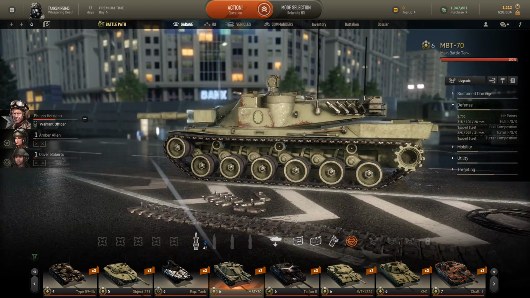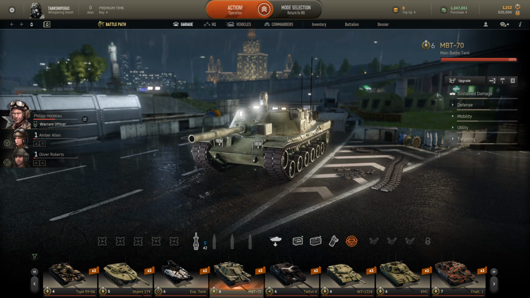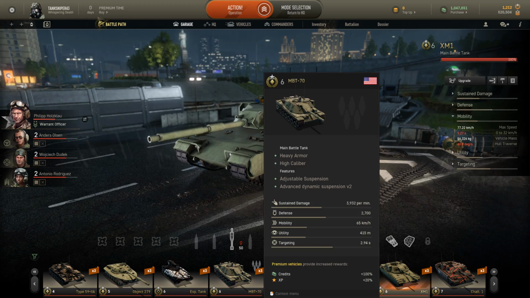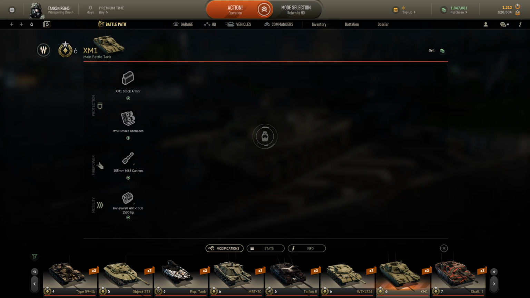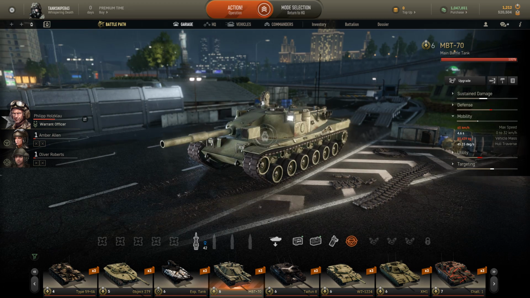It's a bit weird with the MBT. It is a pretty maneuverable tank. It does accelerate quicker than the XM1. I think that's because it's got a more powerful engine. 1,100 versus 1,000. So it is 400 horsepower less, but it does get